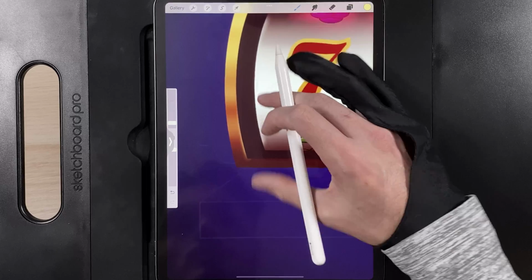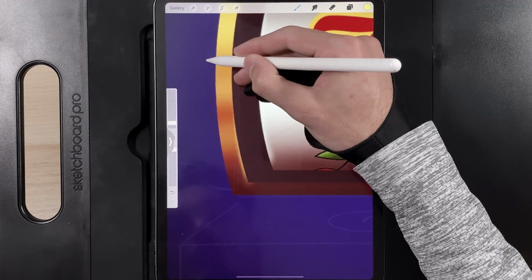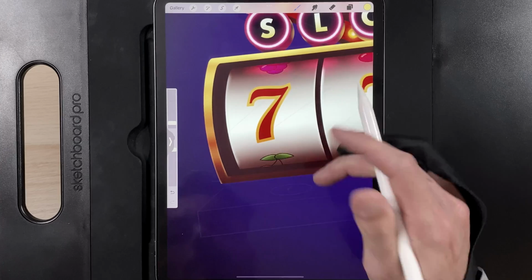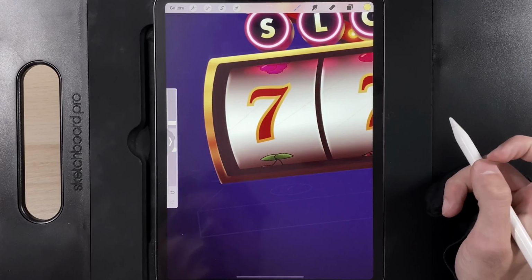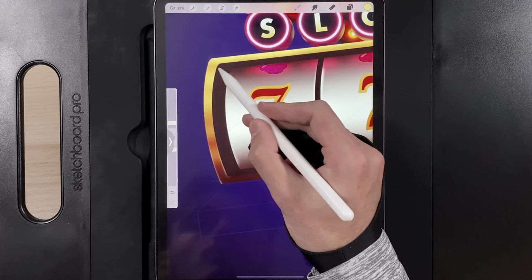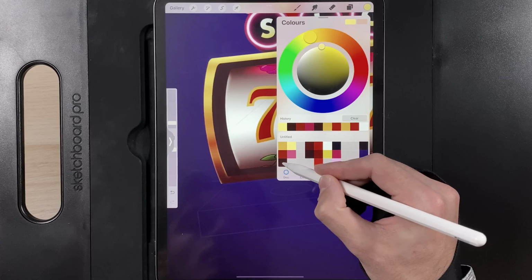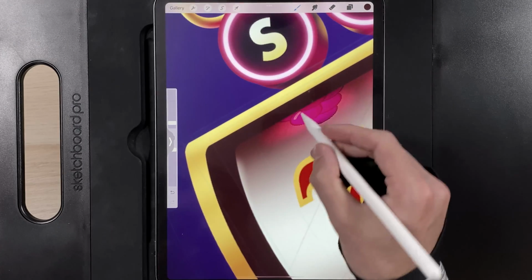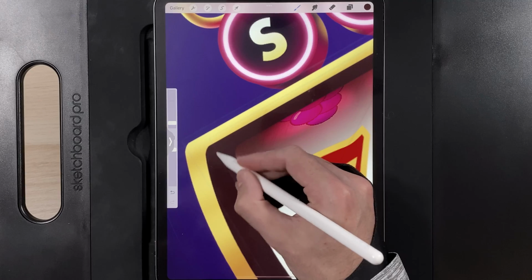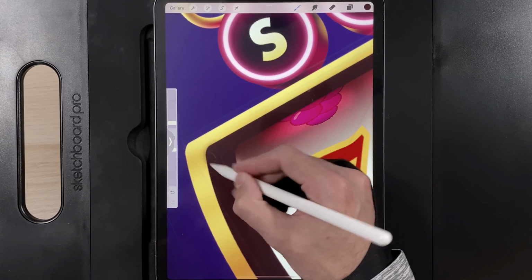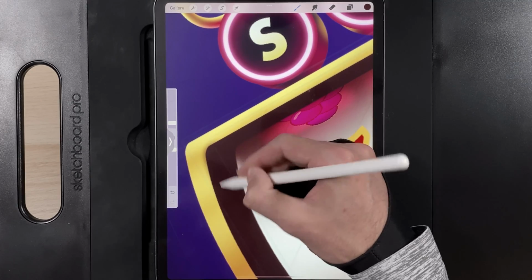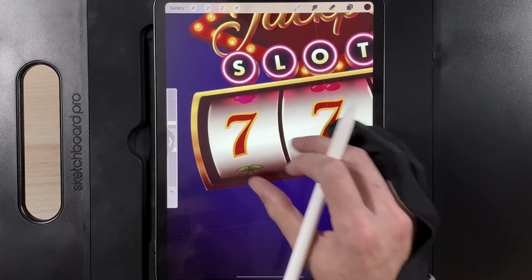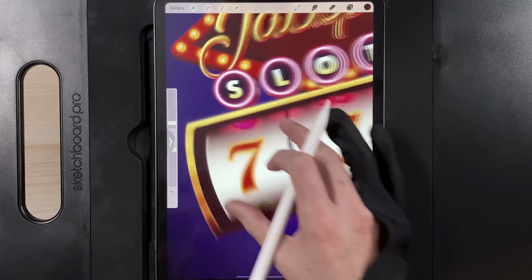And also when we zoom in again, just around the outside edge as well, just the tiniest little bit, just around the outside. Again, that'll just round off our sort of gold look. And then likewise, to contrast that, we're going to go to our colors and grab the darker tone at the bottom of the first column. And then towards the top area here, we're just going to darken up in this corner here and push down the side, which is just going to, again, just round off the edge just the tiniest bit,